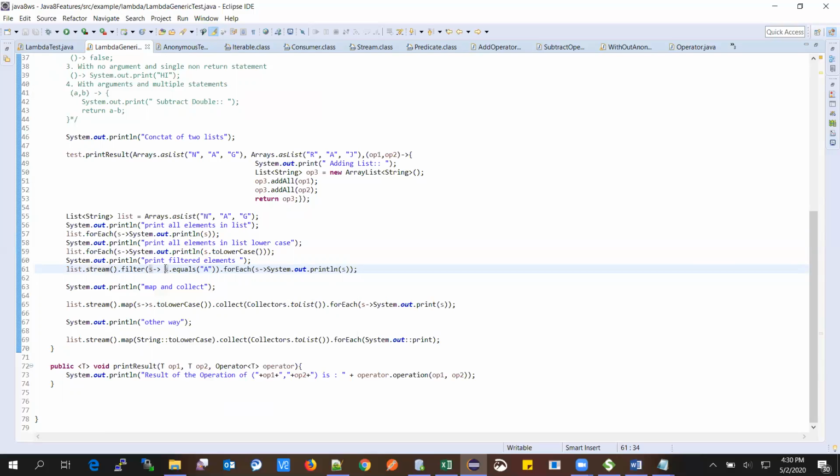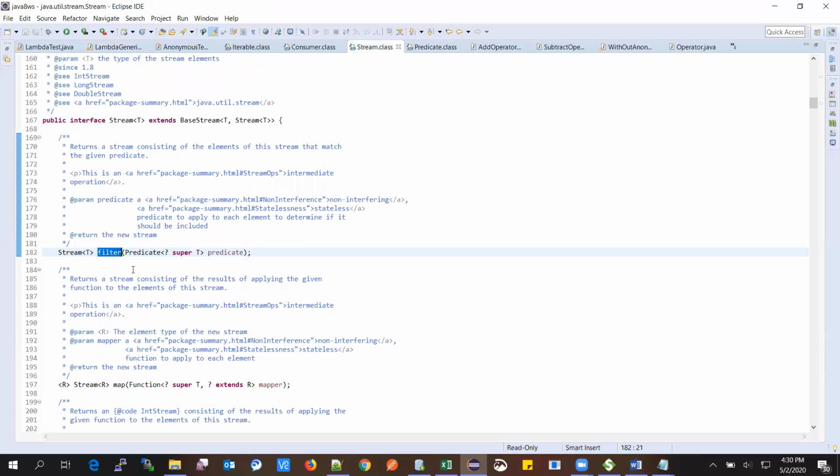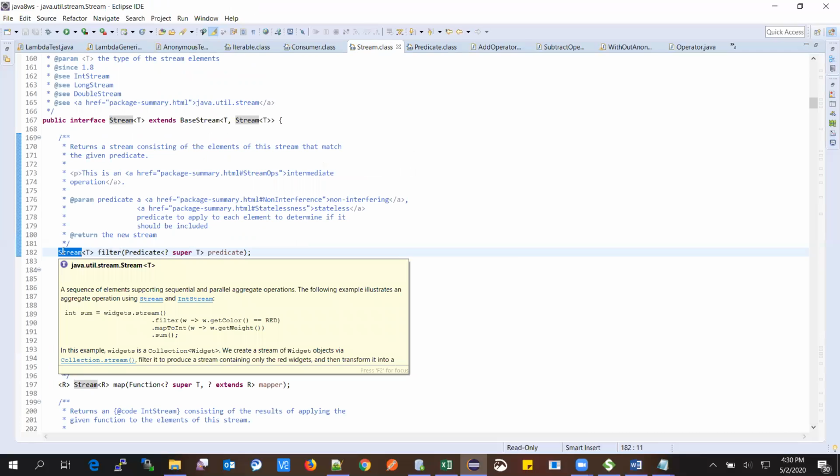That is s dot equals a, the functionality. Whenever s dot equals a is true, that element will be filtered and other elements will not be taken in the stream. So this filter will give the subset of the stream which are passed in the predicate test.